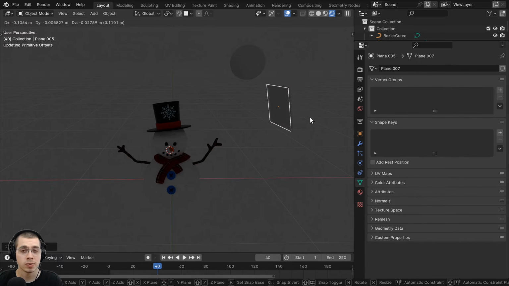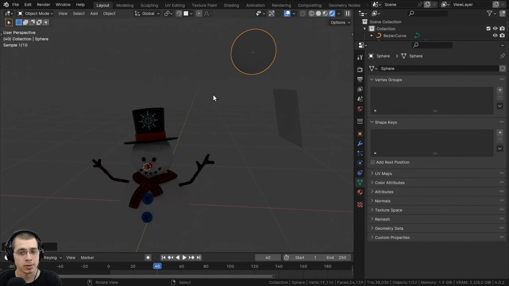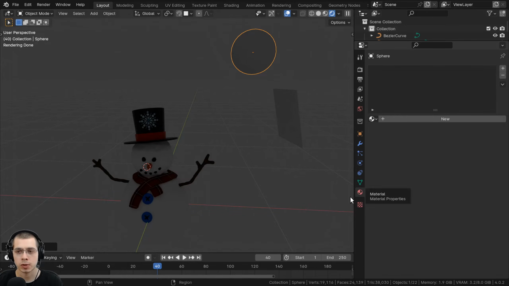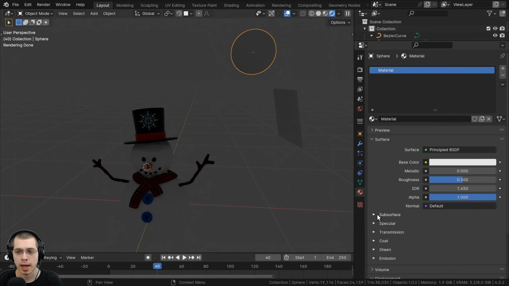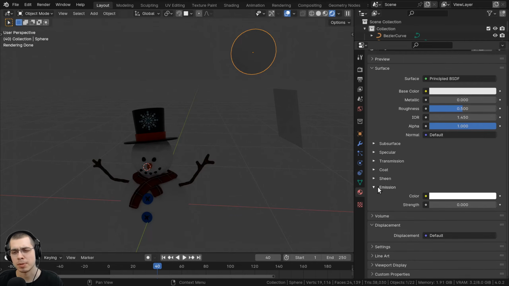All right, so what you can do is you can actually add a material to the light, which will actually make it emit light. So if you go over here to the material properties, let's click on new here to add a new material, and I can just call this light 1. Now you can see the principled shader isn't really what we want. If we wanted to, we could open up this emission here, and we could turn up the emission strength on